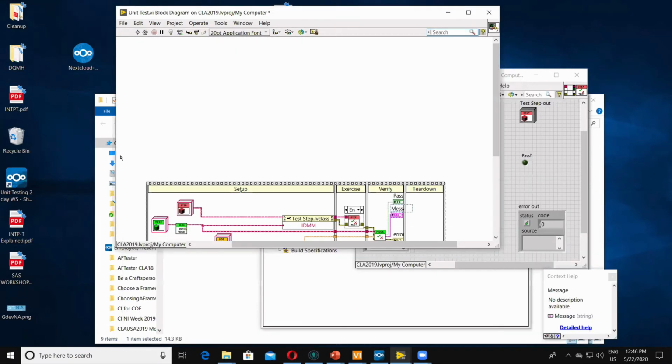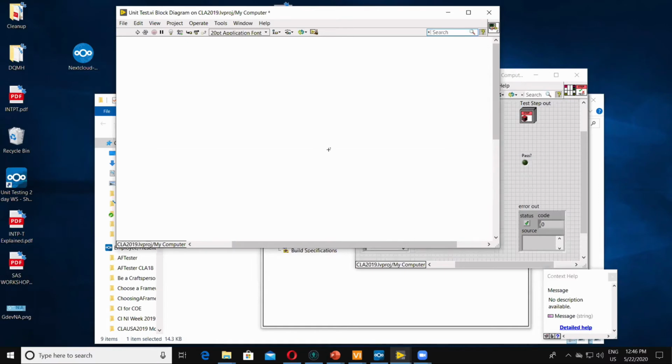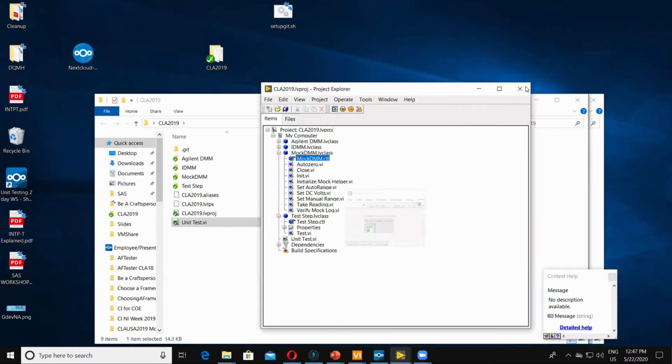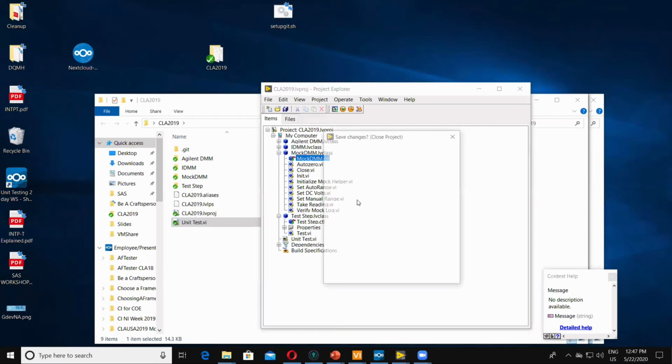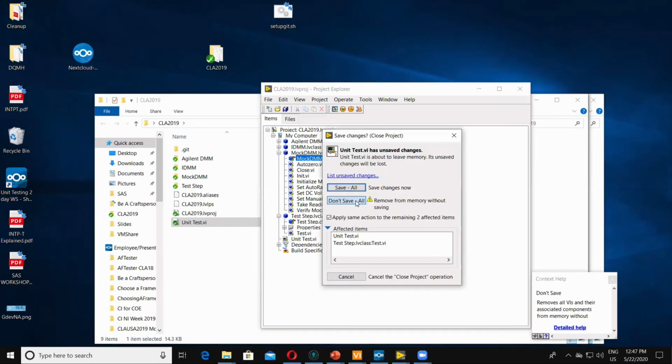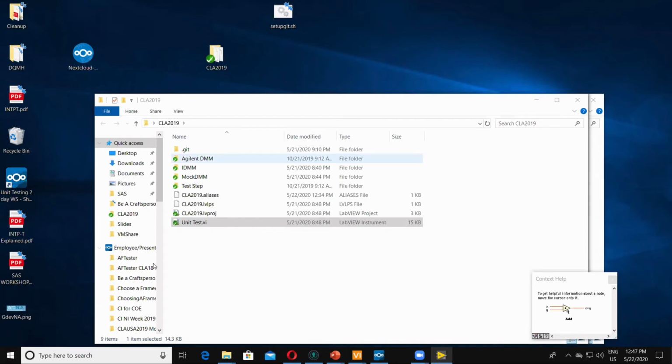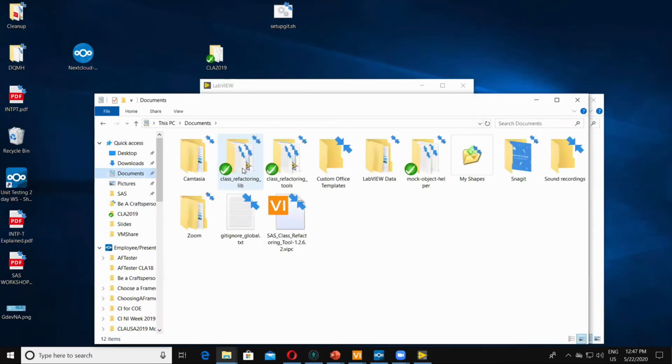All right, so this is all how you would use it and how it works. I want to dive into the code itself. All right, so I've got 3 repositories here. So there's a class refactoring library.